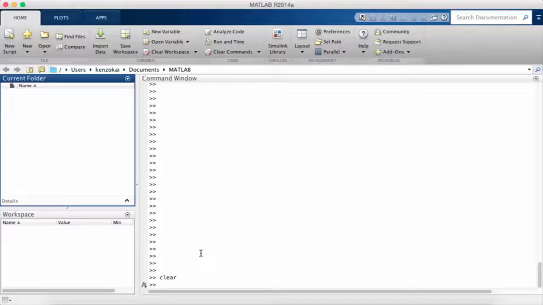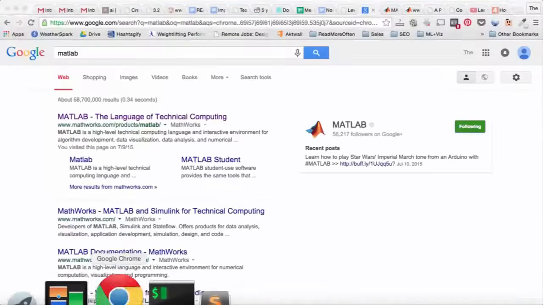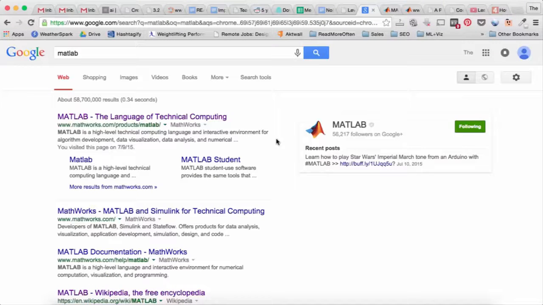Today we're going to talk about what is Matlab, how do you get it, various add-ons and toolboxes you can purchase to extend the abilities of Matlab, and generally how you can get help using Matlab. So the first thing I'm going to show you is I'm going to Google Matlab, and right at the top